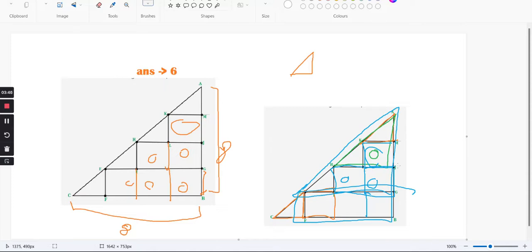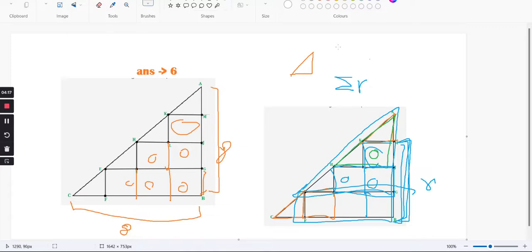If I can get the number of rows, suppose there are three rows, then the number of squares will obviously be the summation of r. So if I can get this value r, the number of rows, then summation r, here r is 3,